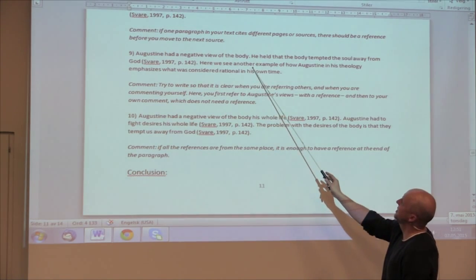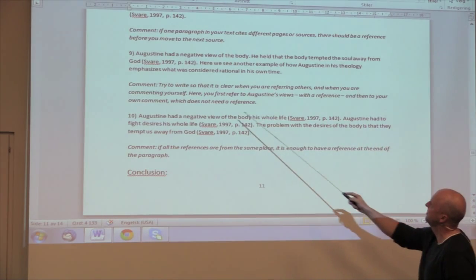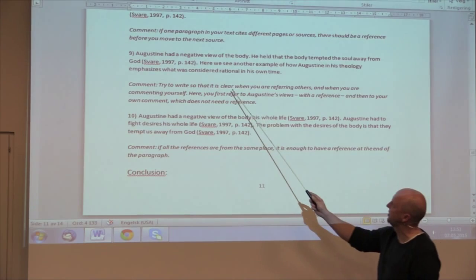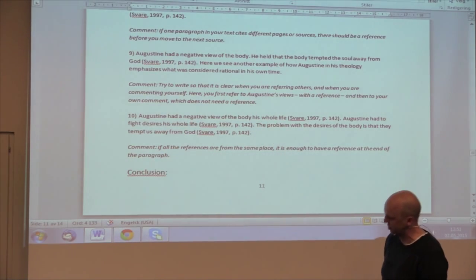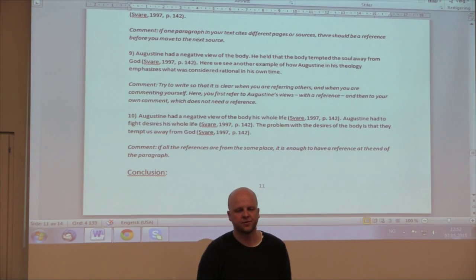Number 9, Augustine had a negative view of the body. He held that the body tempted the soul away from God. Then a reference. Here we see another example of how Augustine in his theology emphasizes what was considered rational in his own time. It's good to try to